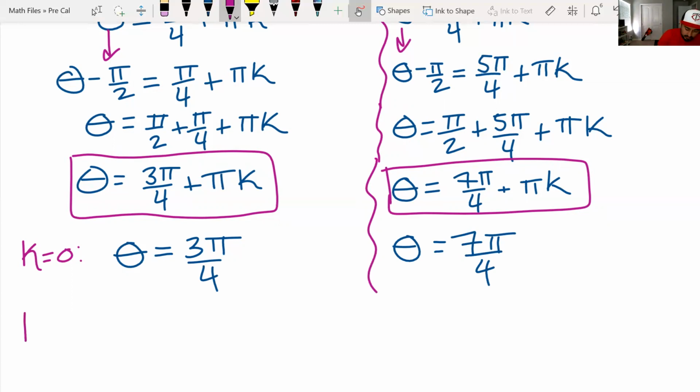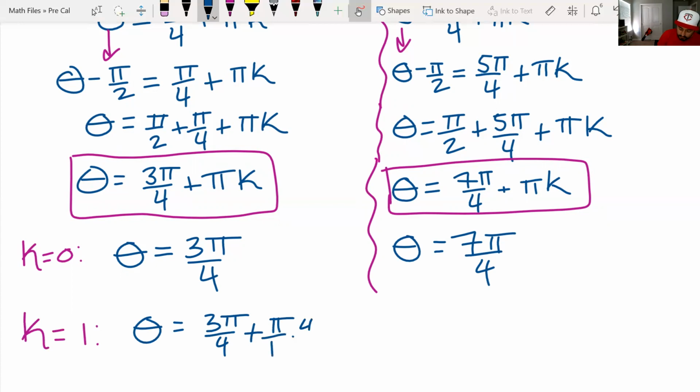Then let k equal 1, and theta will be 3 pi over 4 plus pi. Put that over 1, common denominator of 4. You get 3 pi over 4 plus 4 pi over 4. So hey, look at that. You get 7 pi over 4, what we have above. So we have a solution that's repeated. That's okay. Now over here,